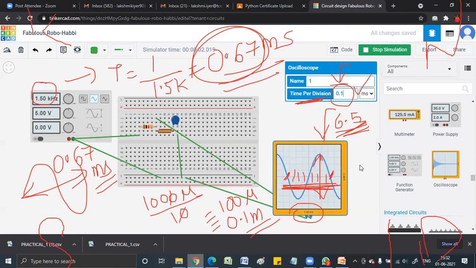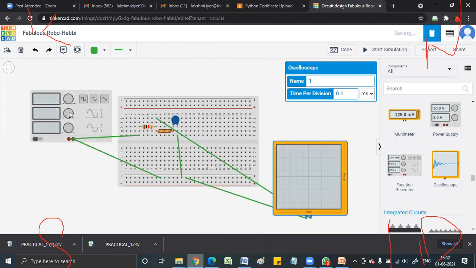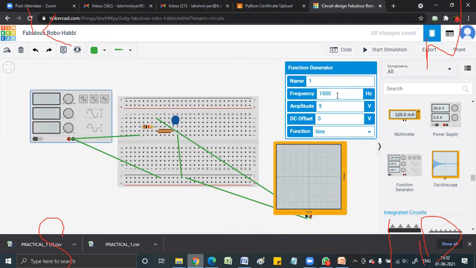Is this clear? Okay. So we did for 100 hertz, we got 5 volt. For 1.5 kilohertz, we got 2.8 volts. Let us do at the resonant frequency. We know what the resonant frequency is. So what frequency do we have to put? Tell me what to put here. What's the resonant frequency? 2548. Okay, so I put 2548.